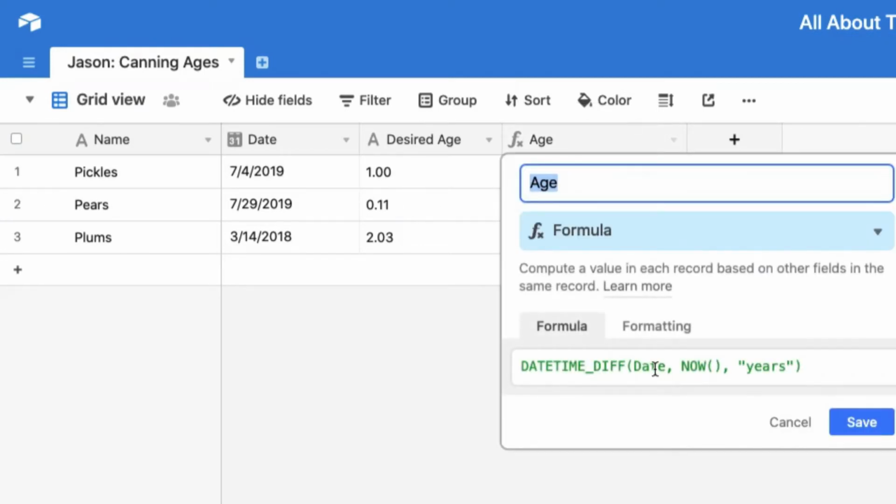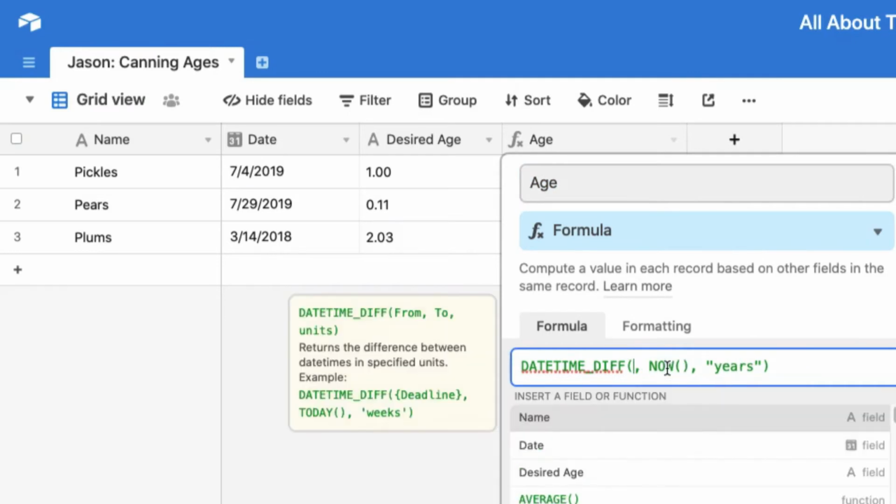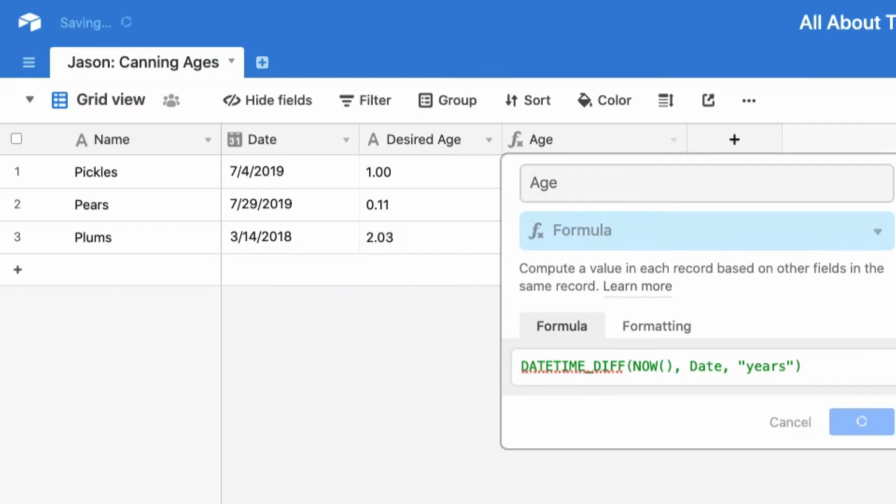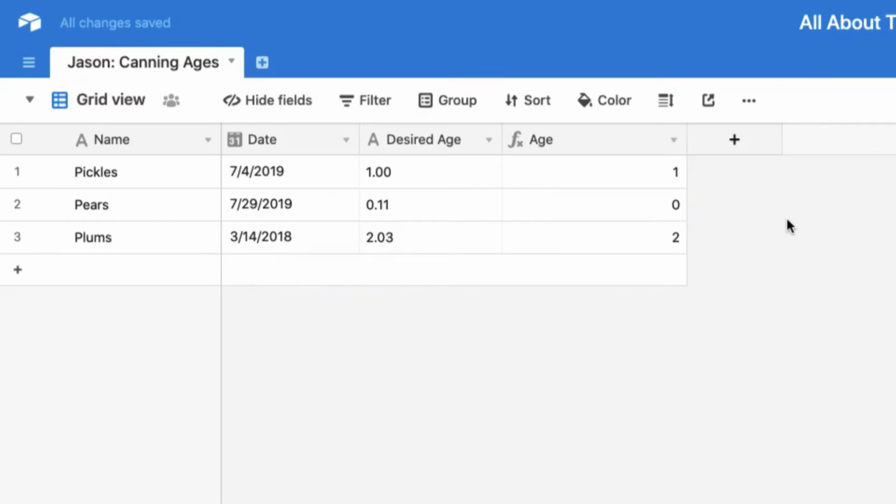So I'm going to reverse the order of my items here. So I'm going to cut the date out of here and paste that after as a second item in here. So between now going back to the previous date, how many years is that? So Airtable rounds off that calculation. So now we have 1 year here, 0 years and some number of months for that one, and then 2 years for this one. So the first part of that's working out pretty well.